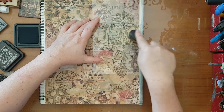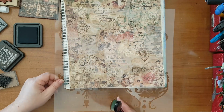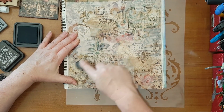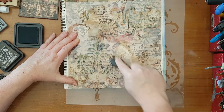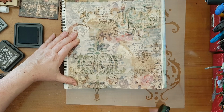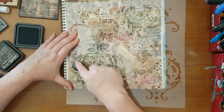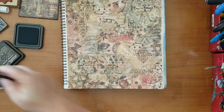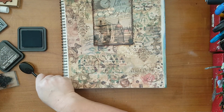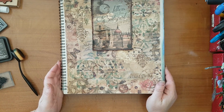I love building up layers that have transparency. Just another one here. Oh yeah, now I'm satisfied. Now it's working for me. I just think I need something in the back of this postcard, so I'm going to look for something that will work. I'm thinking maybe lace or something,